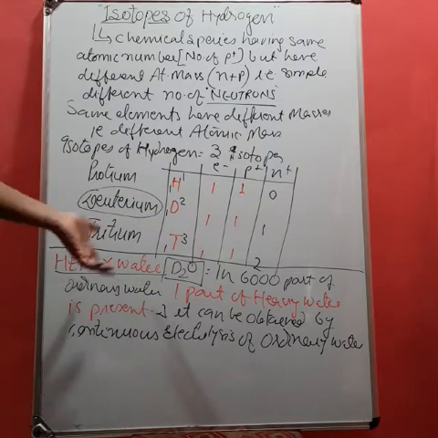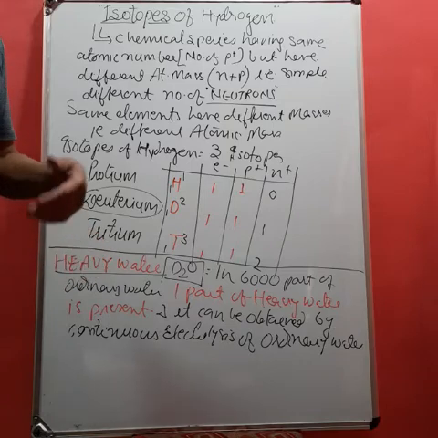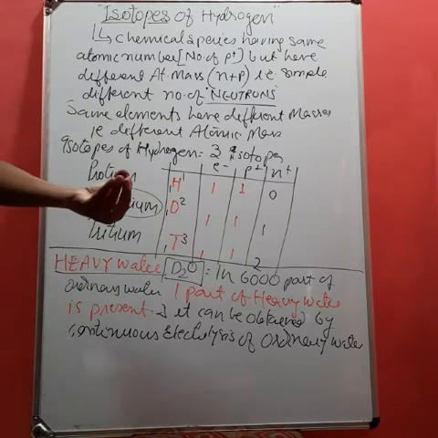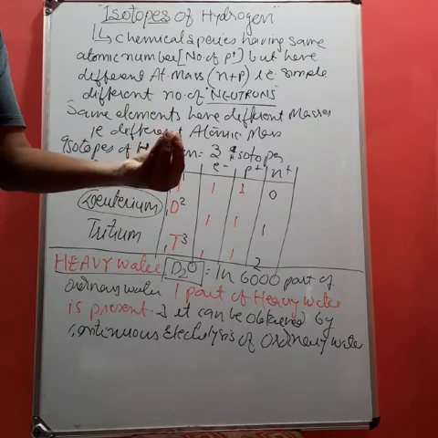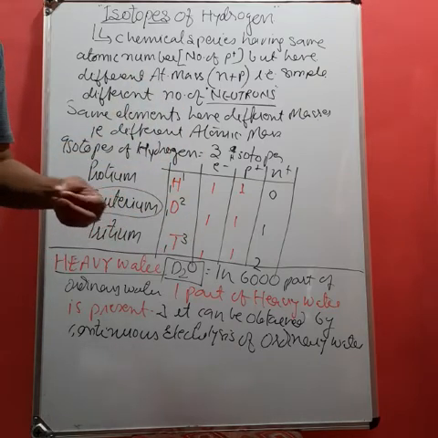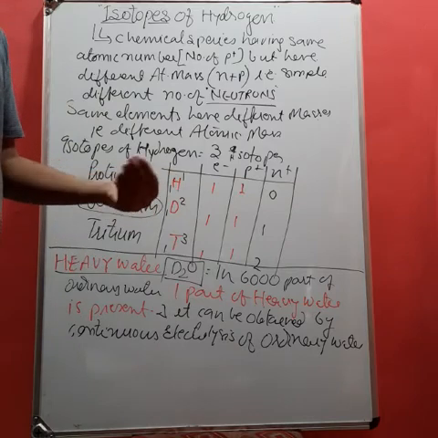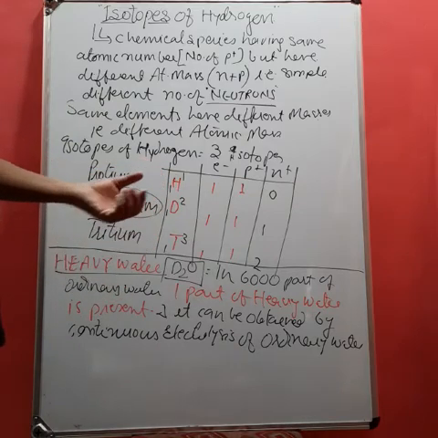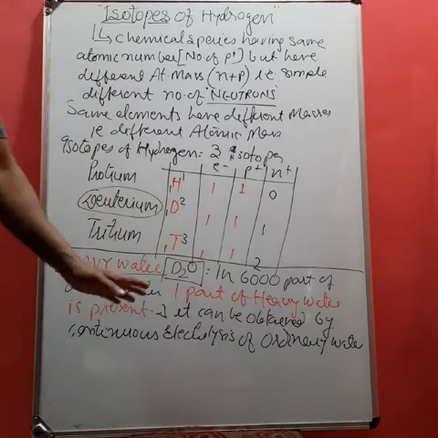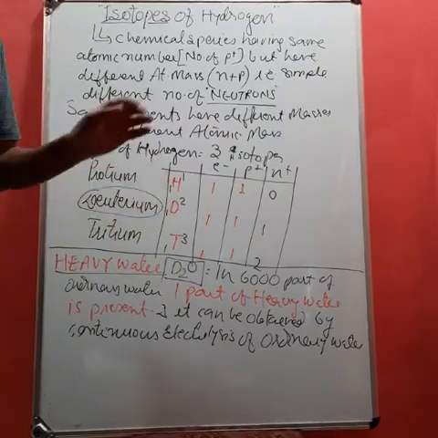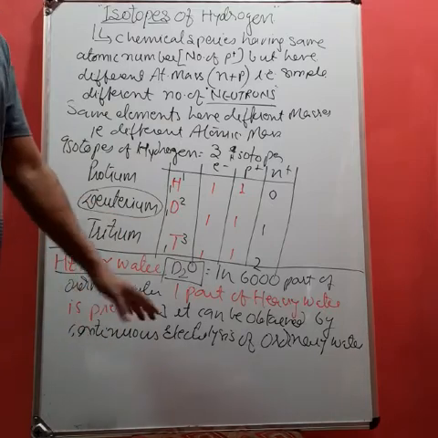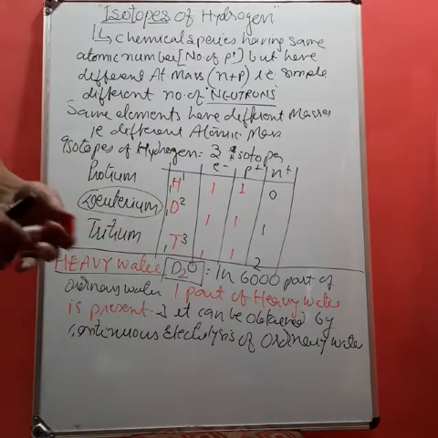Heavy water has the tendency that it can slow down the movement of neutrons in energy transformation. When we are producing atomic energy, the neutrons are released. These neutrons are captured, or their speed is slowed down, using heavy water. Therefore, it is used as a moderator in the nuclear reactor. Getting, students? So your this chapter is completed.